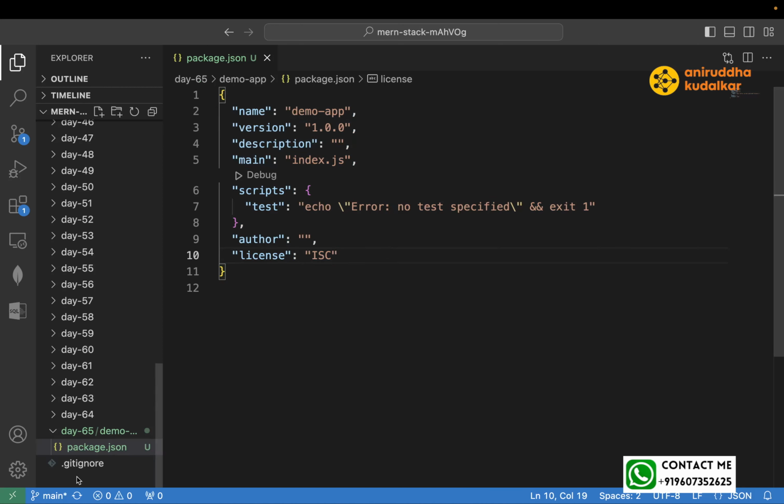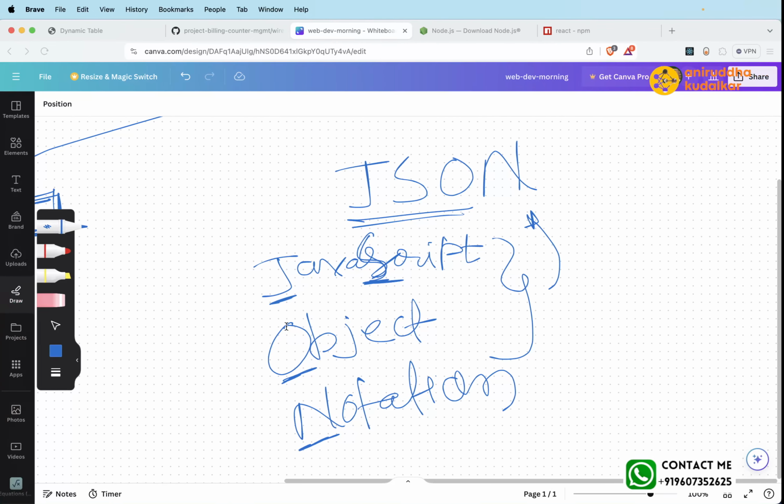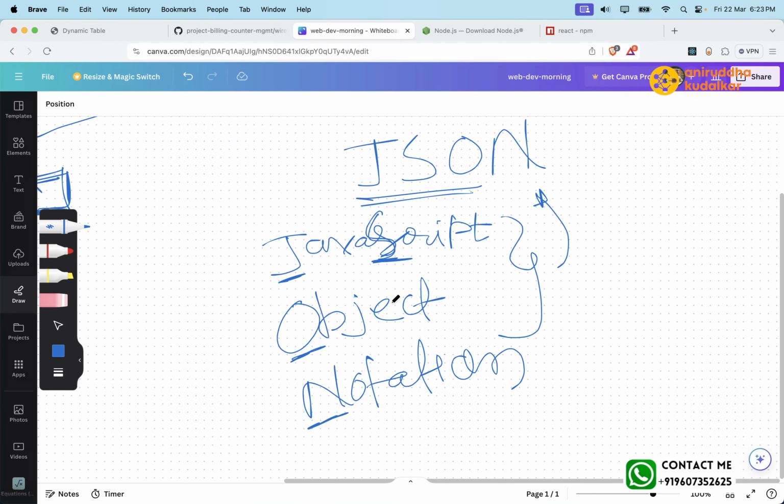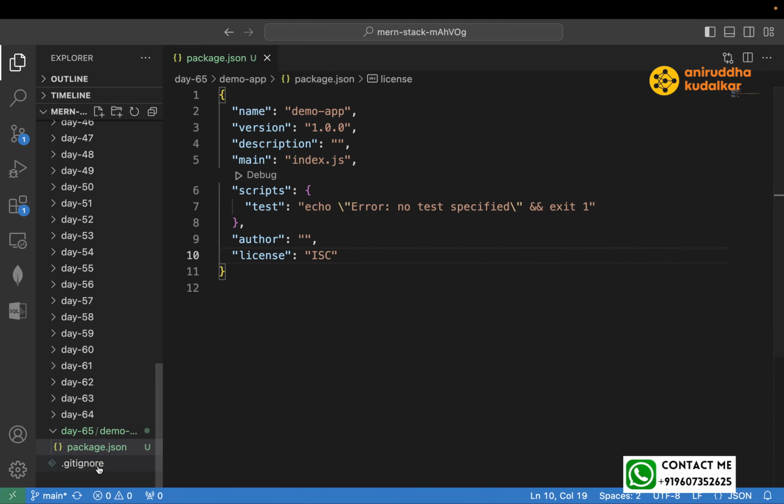Right. Now this file would be getting created. Once you do npm init, this file would be getting created. Right? Hello? Am I audible or not? Yes, sir. JavaScript Object Notation, JSON. So when you do npm init,